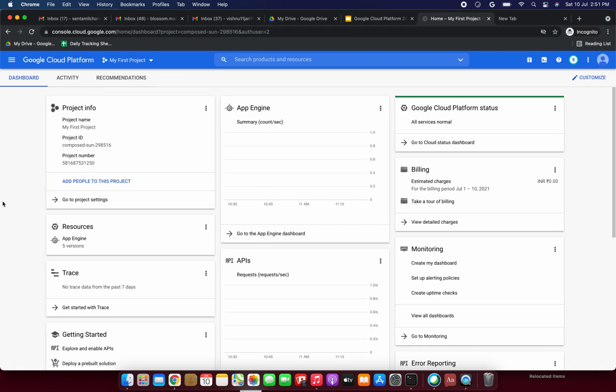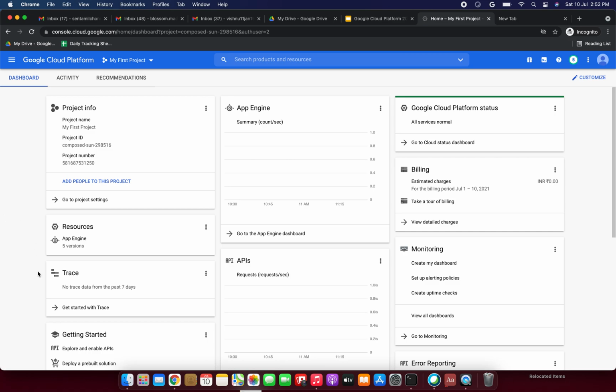Before going to the transfer service, first we have to create two buckets. One is the source bucket and the second one is the destination bucket. We are going to upload files in the source bucket. These are step one and step two. Then we are going to create the transfer job in the transfer service. Two steps which we are going to do, and we will see what it's going to do.